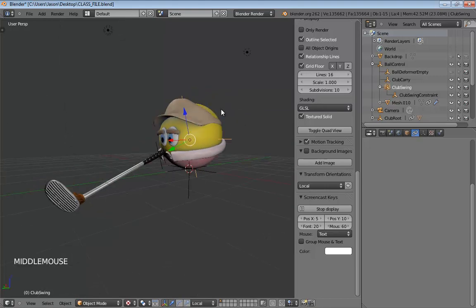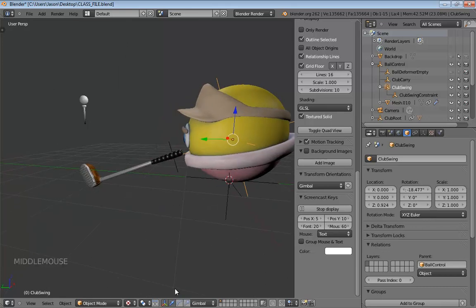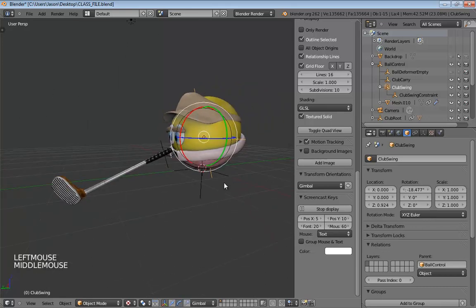And then here's the important part. And you can't forget this. It's in the notes because I really don't want you to forget it. And I'm making a big deal out of talking about it because I don't want you to forget it. Go over to your object panel and change your rotation mode. You want to make sure that you set this to something like ZYX. Here's why. We set this over to gimbal. And let me go ahead and bring up the rotation controller.